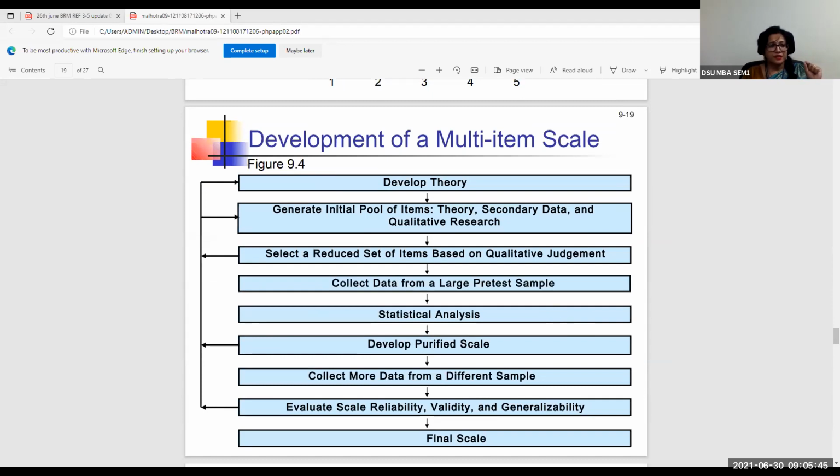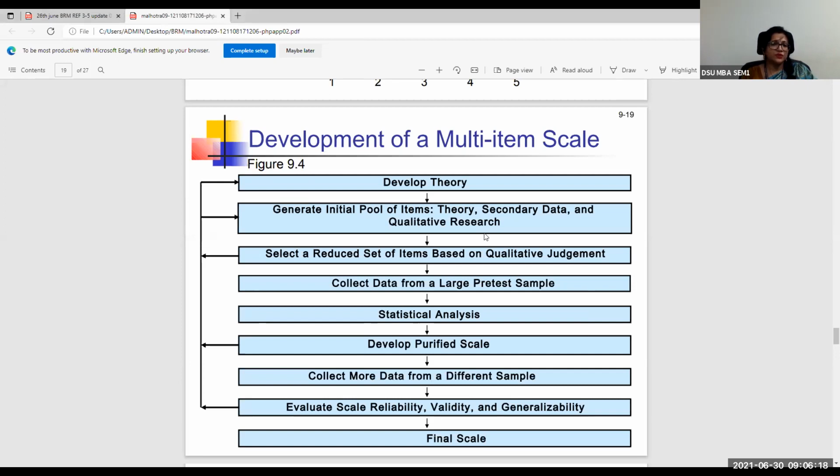You remember? So when you have such a set of items to be used for understanding something, for delivering some kind of an outlook towards a product or a service or towards any kind of object, and you want people to read or to express in many kinds of ways, you can use attitudinal statements, opinion related items. So when you do that, how do you really develop such a multi-item scale? So what you see on the screen is the steps to develop a multi-item scale.